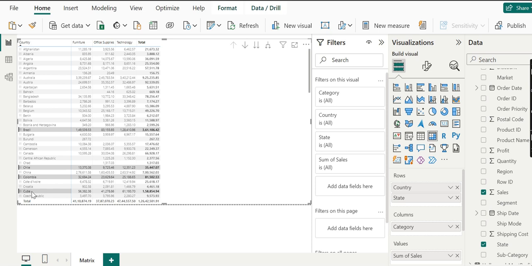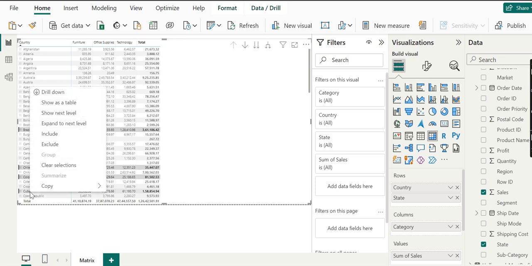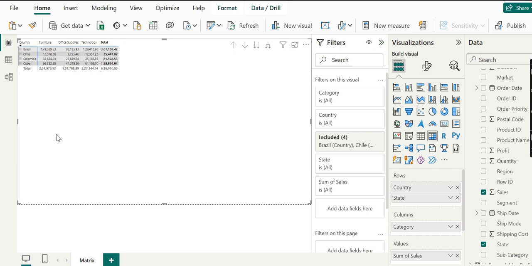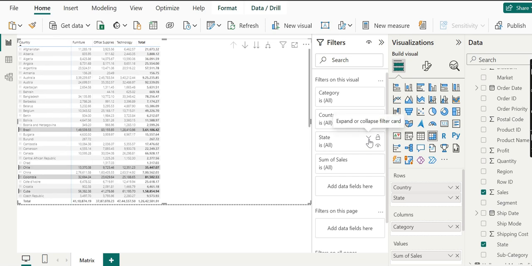As I select these, right click and do include. As I click include, there is a change in the appearance of the matrix as well as in the filter pane. So the filter also changes, and the screen changes; multiple selections are possible. If I remove the filter, you can see the appearance also changes.